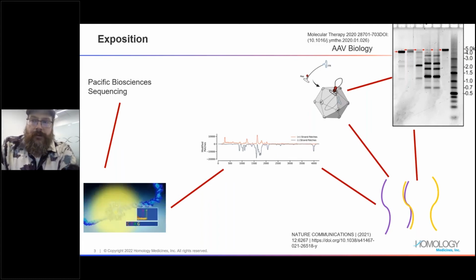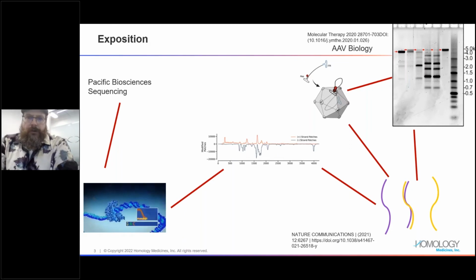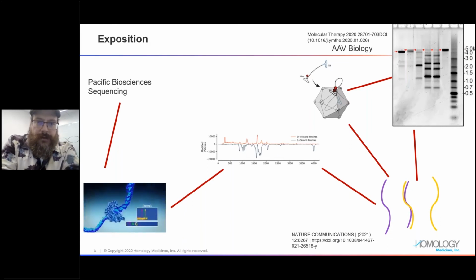its activity. On the other side of the page is the uniqueness of the AAV's biology, right? So you've got your virus, you want to put it in its little capsid, and then in the upper right, you can see a good example of an alkali gel showing you the differing lanes. You've got a lane that's close to 5 kb, so that's indicative of a fully loaded capsid. Whereas in your other lanes you have these smaller fragments, and that's to visualize for everyone the idea of these partially filled capsids.